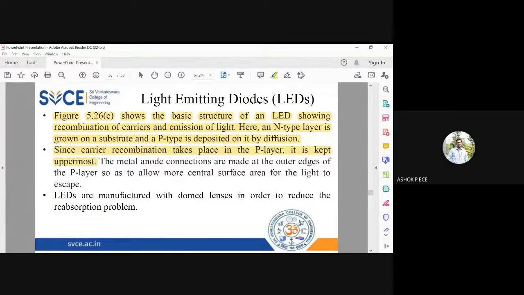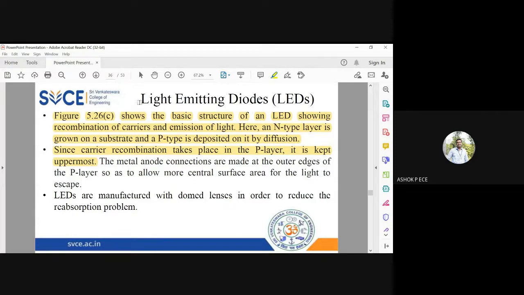So you are again going to grow it vertically. You are going to have a substrate. Over the substrate, you are going to have an N-type region. Over the N-type region, I am going to have the P-type region. The N-type is grown on a substrate by the normal method, and the P-type is formed by the process of diffusion. Electrons are going to go to the P-type layer and they are going to recombine with the holes,